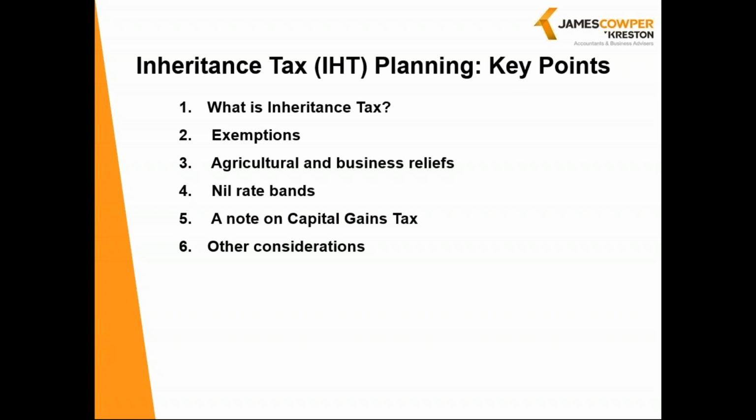In practice, the residence nil rate band is often not as generous as it sounds, because it is tapered down if the estate of the deceased is worth more than £2 million before, and it is important here to emphasise before, deducting exemptions and reliefs. The reduction in the residence nil rate band is £1 for every £2 of value in excess of £2 million. It therefore tapers away very quickly once the threshold is exceeded. By monitoring asset values and with careful planning, it is often possible to mitigate or even avoid the impact of this tapering effect.